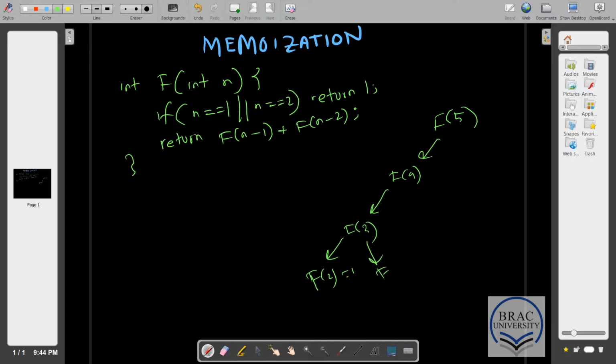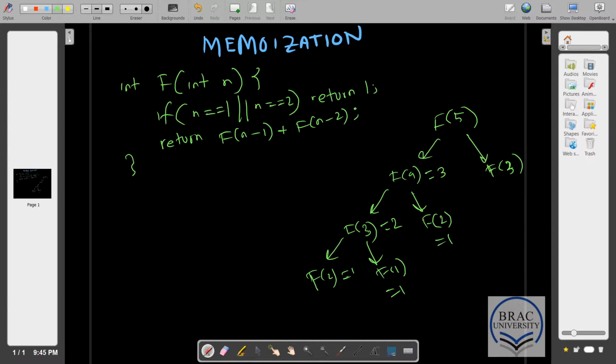Then f3 will call f1, which is 1 also, so both f1 and f2 will return 1, and f3 will calculate its value, which is 2. f3 will return 2 to f4, and f4 will then call f2, which is also a base case, so it will return 1. So f4 is 3,